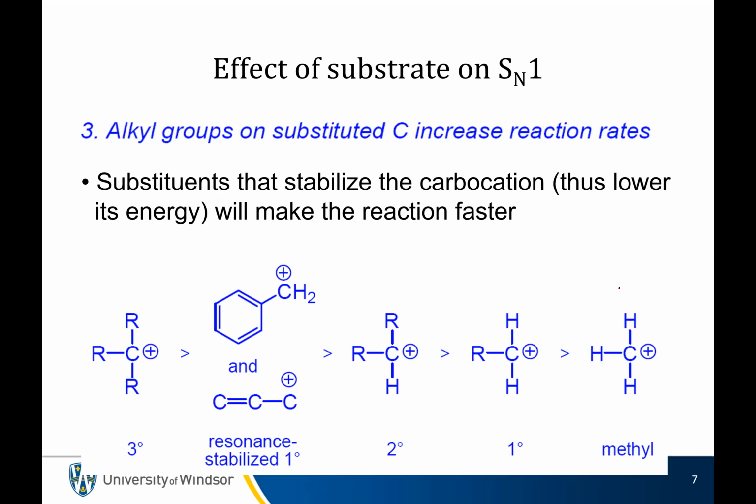In the SN2, the nucleophile needed to approach the electrophile from the back end from where the leaving group was. So how easy it could approach, how blocked up that site was, fat cat, skinny door thing, really determined how that worked. Whereas in the SN1, all that matters is how stable that carbocation is, because all we're trying to do is lower the energy of that intermediate to make it more accessible. And so the more stable the carbocation, the better.